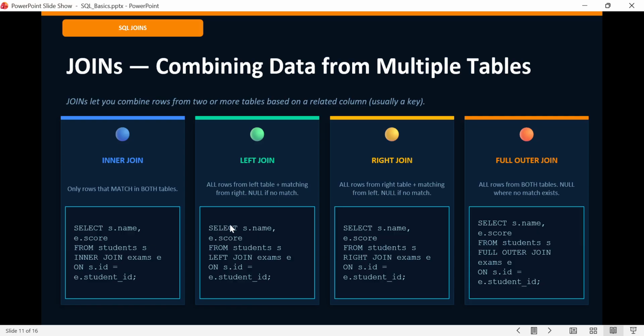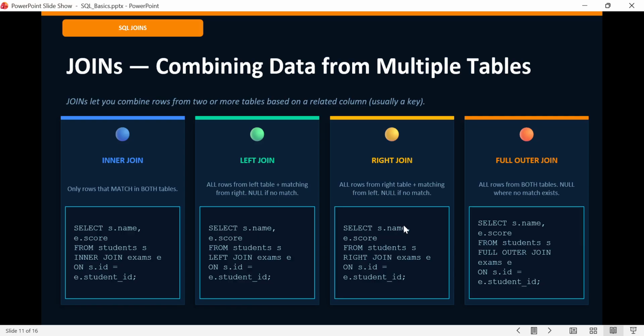Here, instead of INNER JOIN, we put LEFT JOIN. Rest everything is the same, we just replace INNER JOIN with LEFT JOIN.